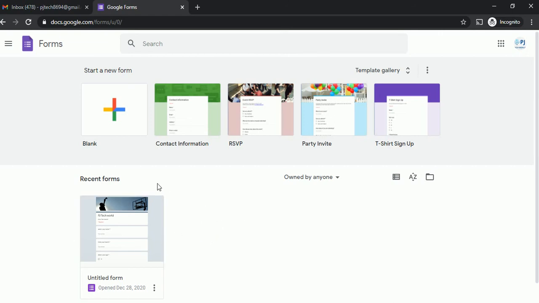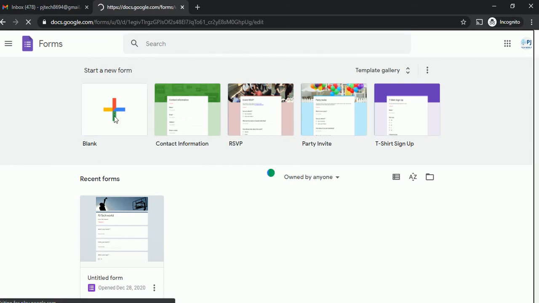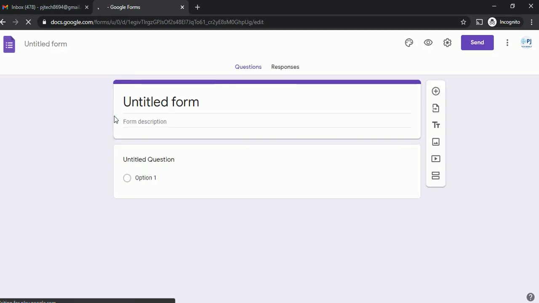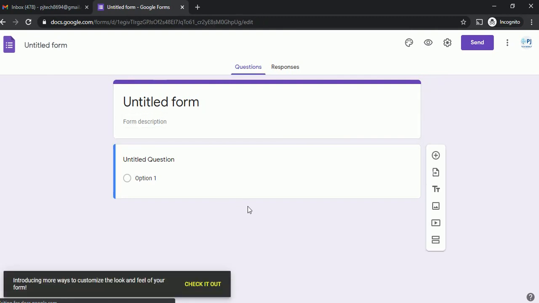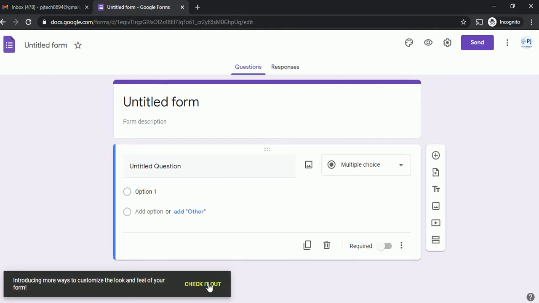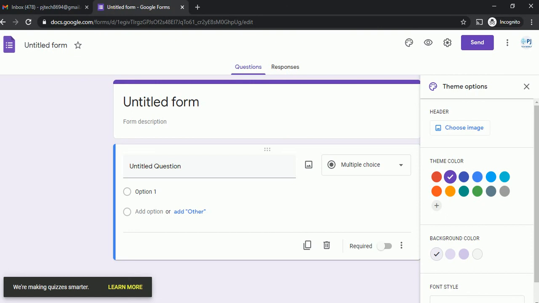If you want to create a new Google form, start a new form, click on blank page. It will be redirected to a new Google form page. So this is the place where we can create a Google form for any kind of use cases. Okay,